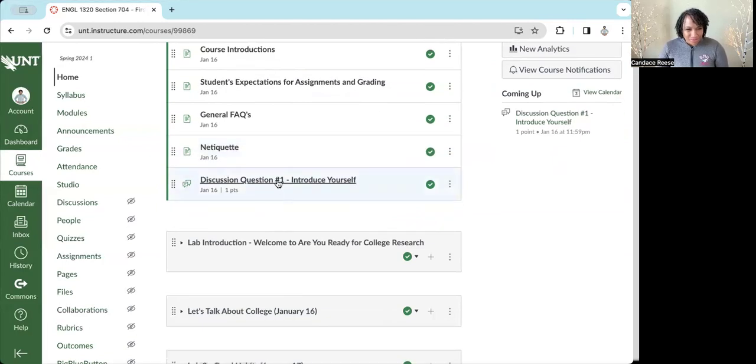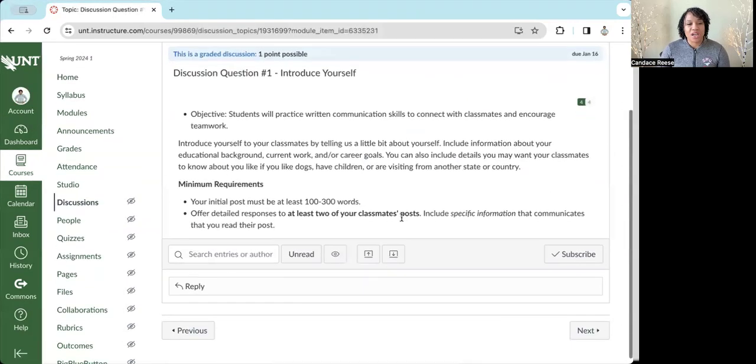The next thing, we'll start the first day of school. You'll turn in a discussion question. With this discussion question, you are going to tell the class a little bit about yourself. Your post should talk about your educational background, current work, and career goals. The reason for this is because we're going to use this information for our Right for a Cause topic.